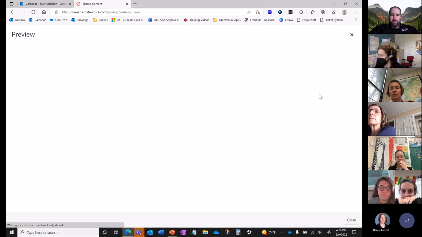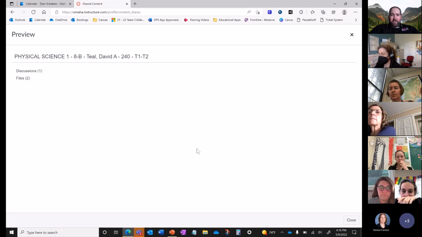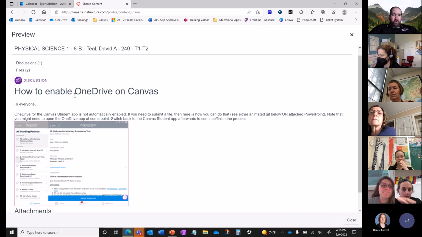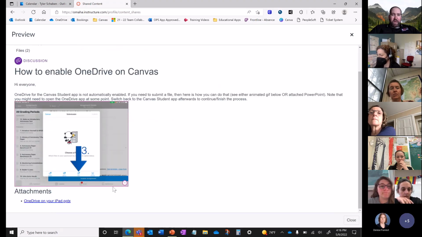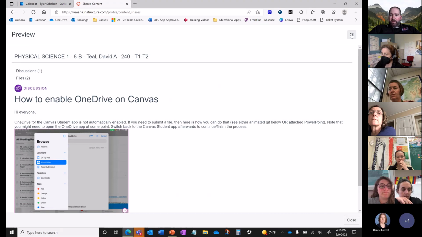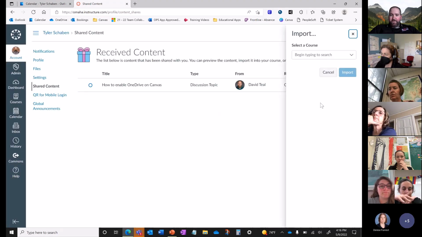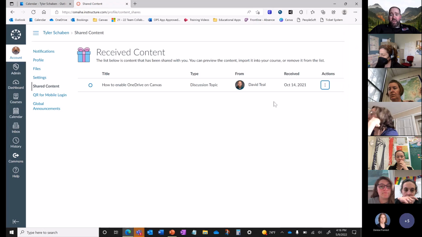So David Teal, one of our Canvas expert teachers in the district, sent me this. He basically made a page for how to enable OneDrive for Canvas on the iPad, which was very useful. And so once I check that, what I can do is hit these 3 dots and hit import. And I just have to search for my class that I want to send it to, and it will send that item to it. So like if one of you is building a quiz or something, and I can show you how to do this later, you can actually share it with other teachers, and it can be found in